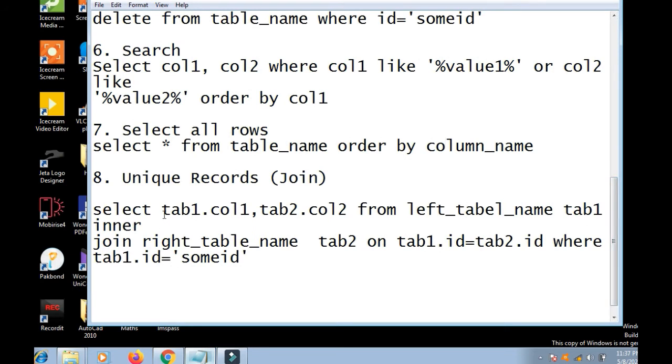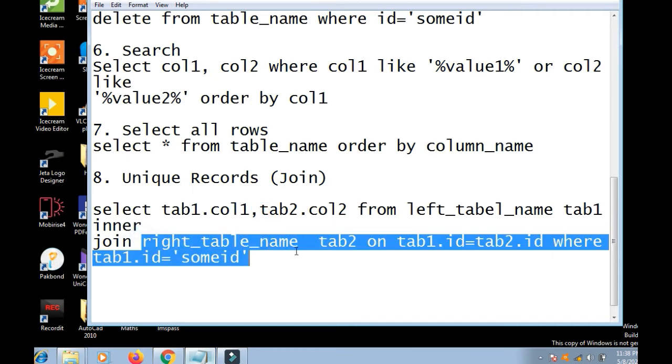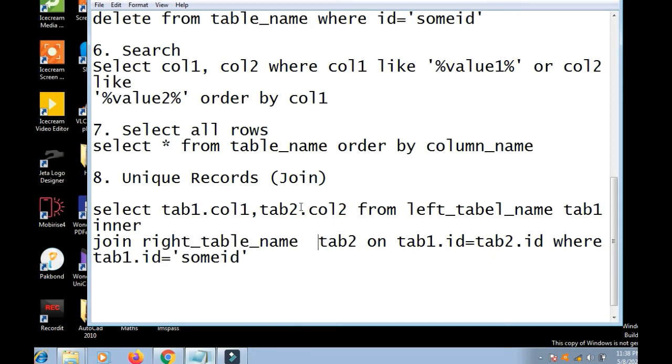To get records from multiple tables we use join. Joins join the two tables, left table and right table. This is the nickname of the table, for example tab 1. The left table name is, for example, student, and its nickname is S. So we write S dot name, and table 2 is tab 2, the right table, with nickname tab 2 and tab 2 dot column 2.